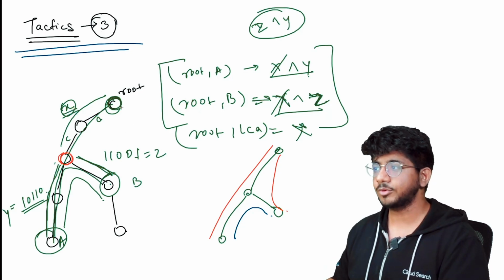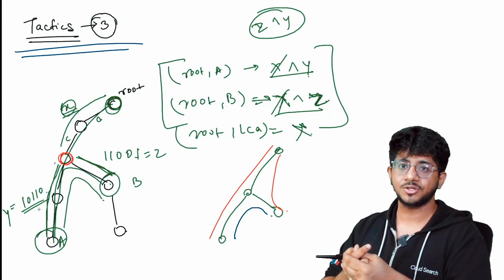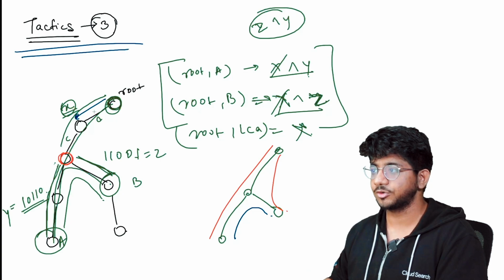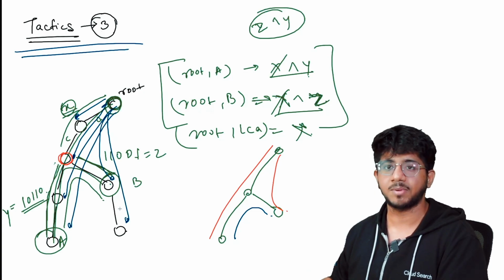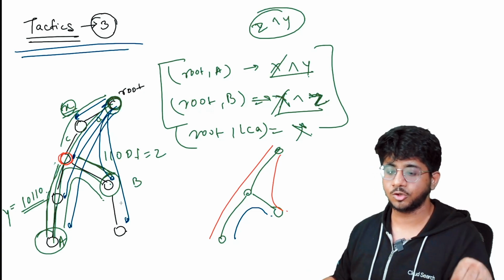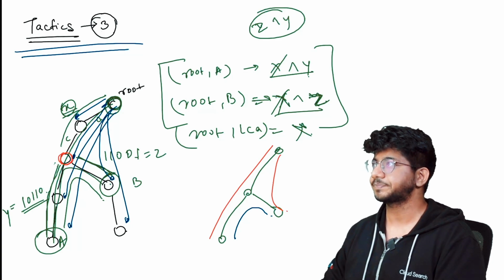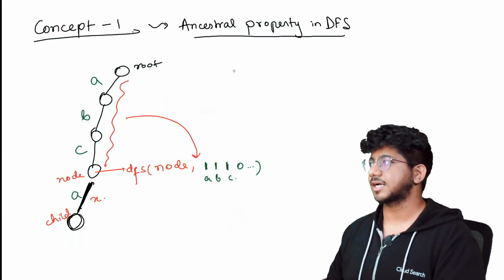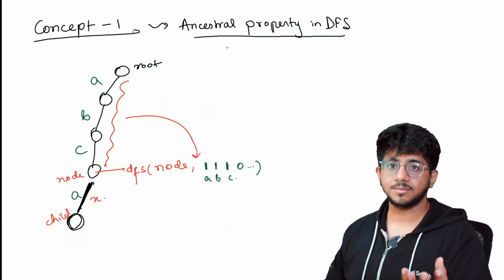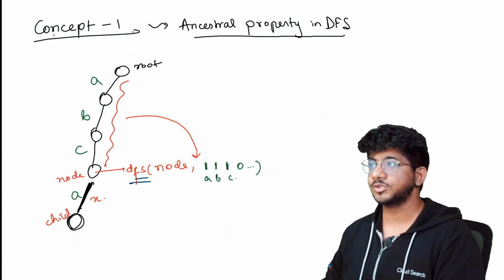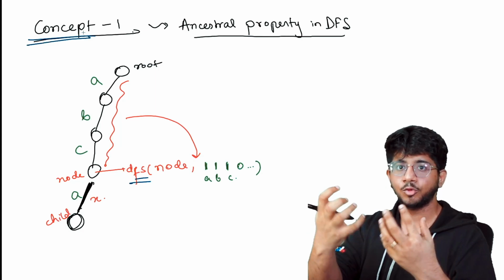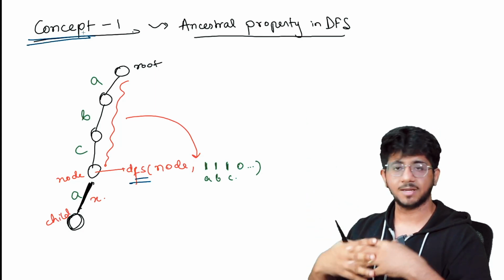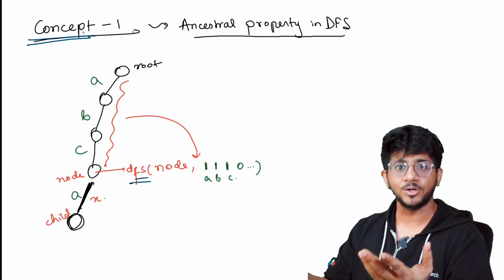That, from the root, find every node's bit mask, and then see how many of them can be combined together to give a mask which has only 1 or 0 bits set, right? So we use this concept that we can add this in the DFS. Now we use a concept, which means you need to know this thing when you learn DFS, that you can add more properties while traversing. This is something you'll have to see in a problem, only then will you know that you can use these